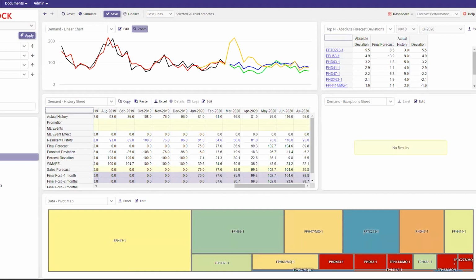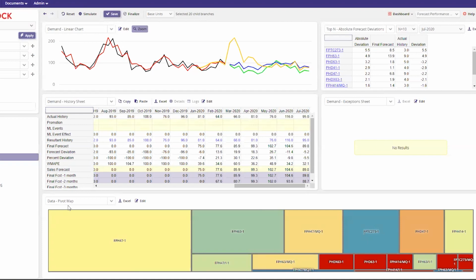This is our forecast performance dashboard that we're seeing here. And you can see there's been a big change in the final forecast. So Jane's obviously aware of some market information that she thinks there's going to be quite a peak in sales here. I think this is US based, and we're talking about barbecues. So this will be coming into summer, probably spring when the weather starts to fine up, and everybody's planning to get their new barbecues ready for the summer months ahead.